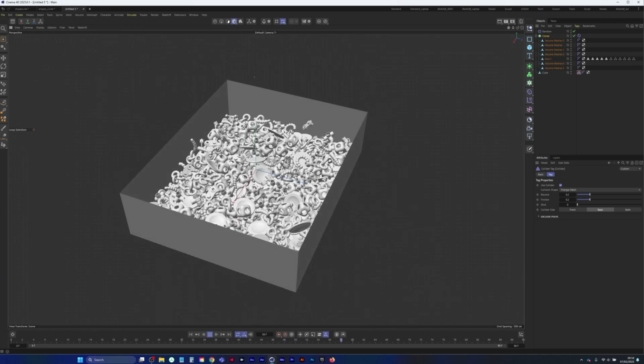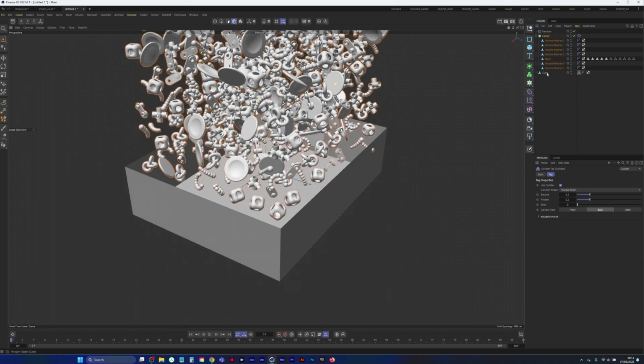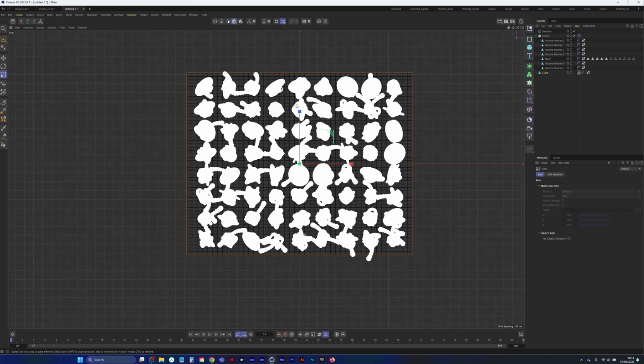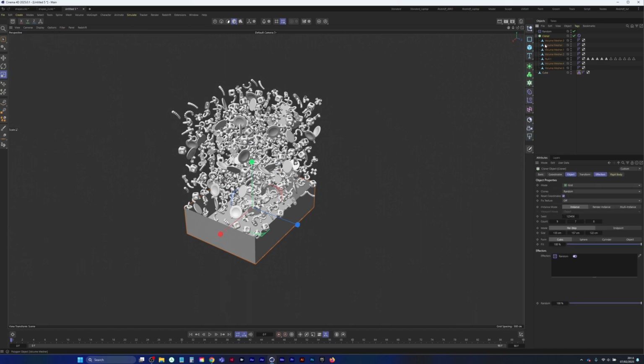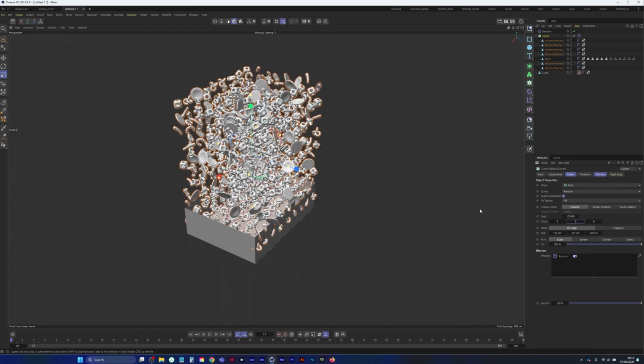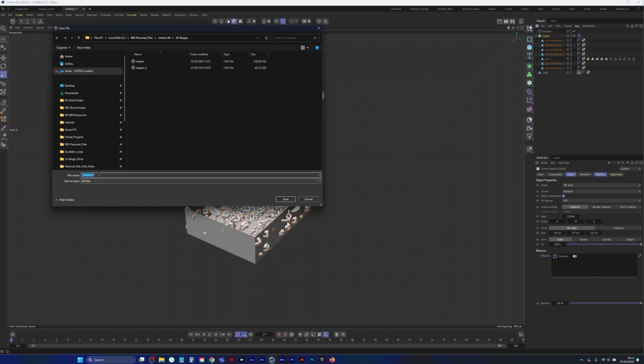Oh, hang on. So let's scale down this cube a bit. Go into our top view and just squeeze everything in a bit more. We are going to lose some off the edge, but don't worry about that. And we can probably bring up the number of clones along the Y here as well, just to fill that box up even more. We're going to do a file save as well, because we haven't done that yet. I'm going to call this